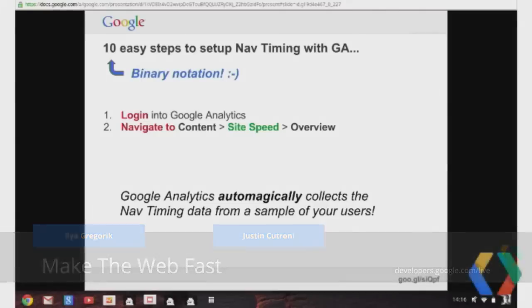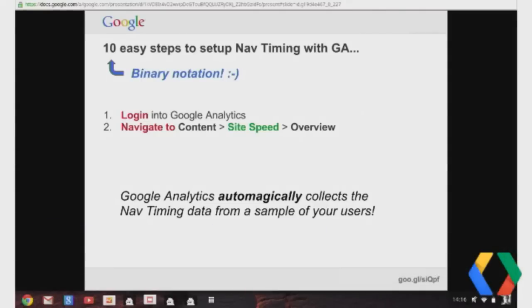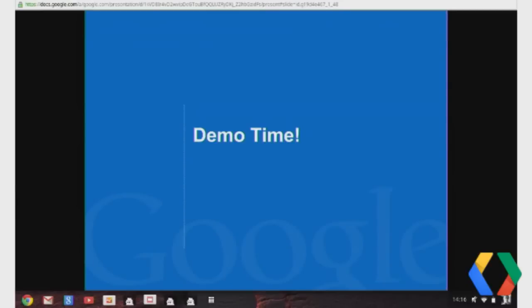Yep. Right? So after you finish listening to this webcast, you can turn around to your coworker and be like, hey, I just set up. Actually, you could just do it right now. You can listen to us, and you could be in Google Analytics on another monitor on another screen. Yeah. That would be even cooler. Yeah. So Google Analytics automatically collects all of this data for you. You don't have to do anything. There's one caveat, and we'll get back to it in a second. But let's go and do an actual demo. Let's look at some data.